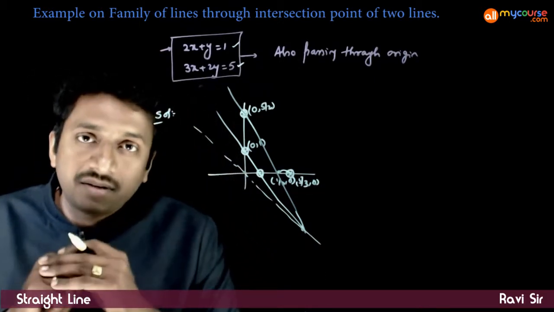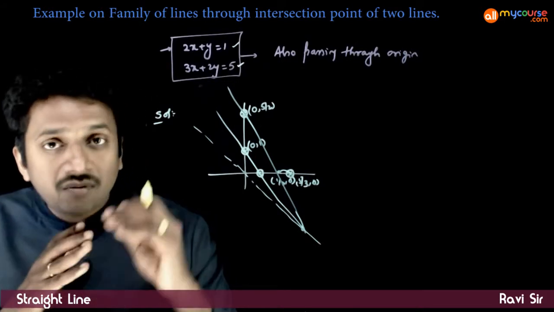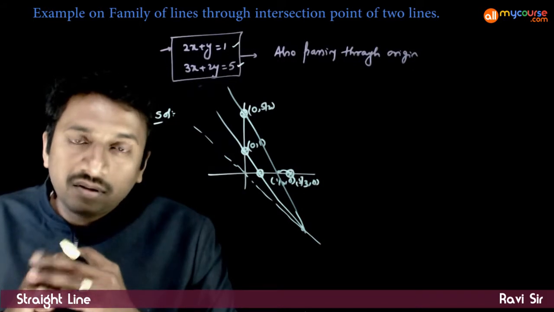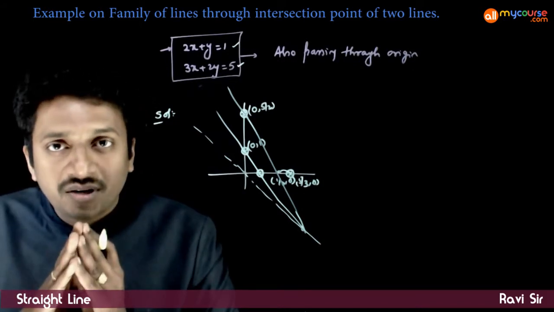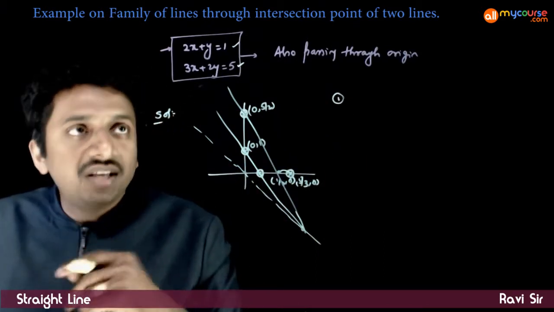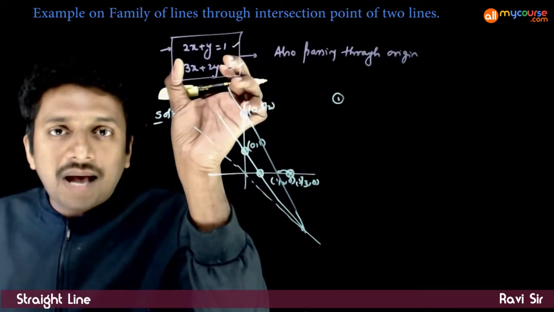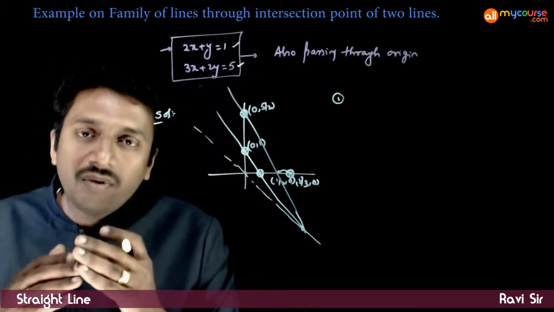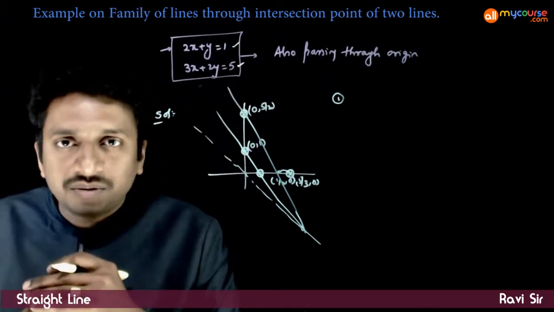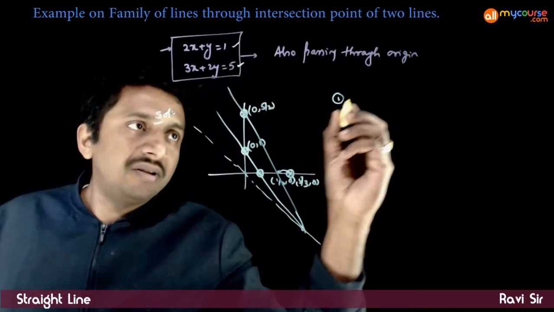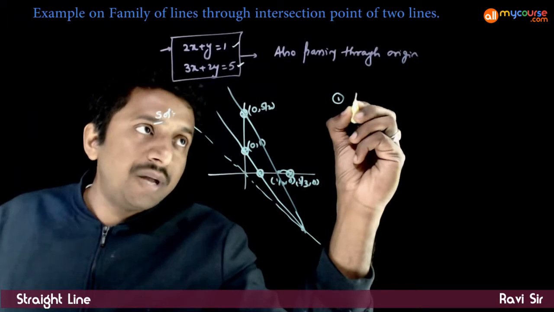Now how do I get it? So let us use our direct formula and also let us do it by a long method. So let us see whether both answers are the same or not. So first is the easy method, which is any line passing through the intersection of these two lines will be of the form L1 plus lambda L2 is equal to 0. So I want a line passing through the intersection. So the line can be assumed as